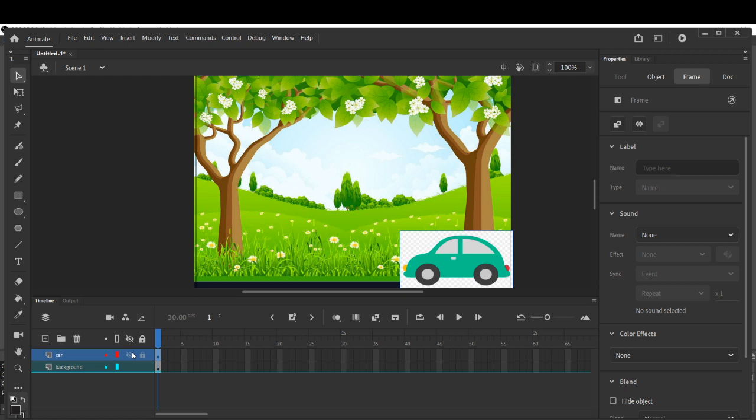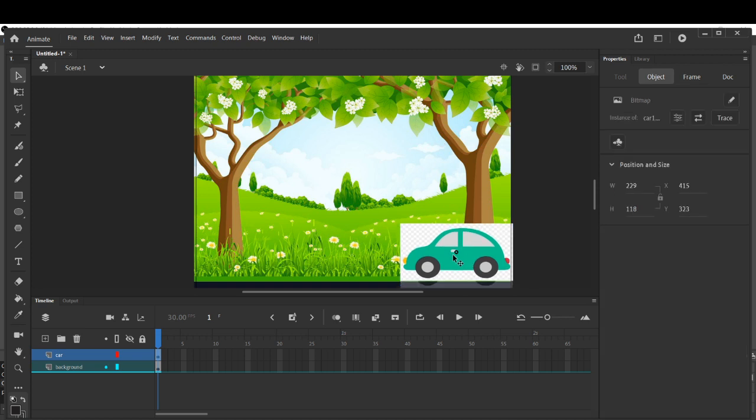See, and the last one is locking a layer. Children, you can see this lock icon. This is the lock icon. Now you have fixed this particular background and car wherever you want. After fixing it, you do not want to move it here and there.